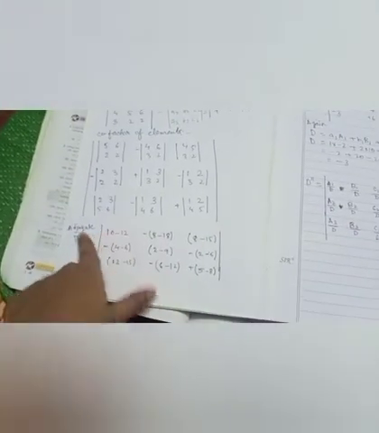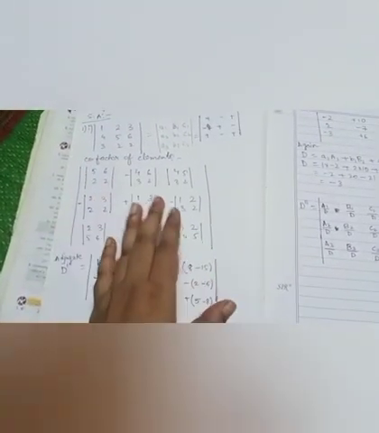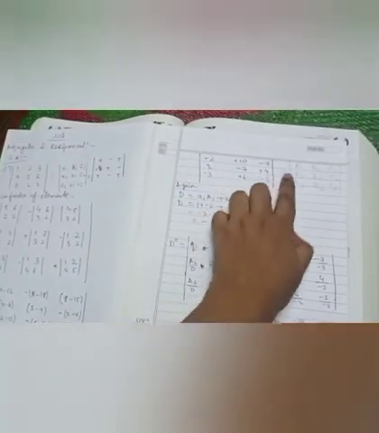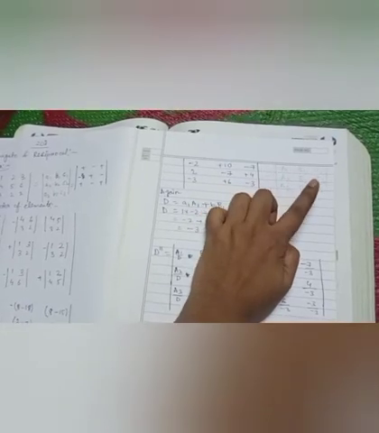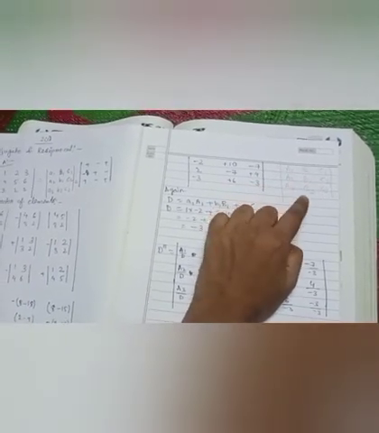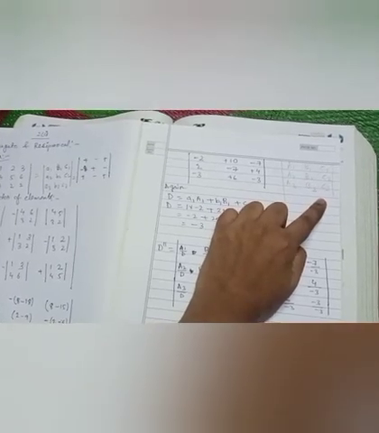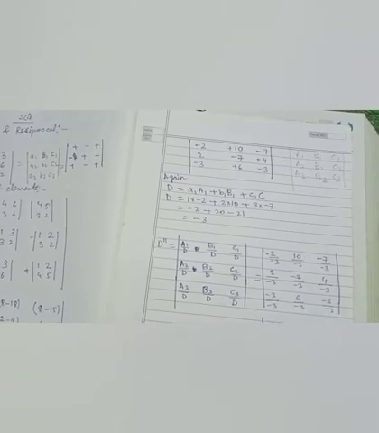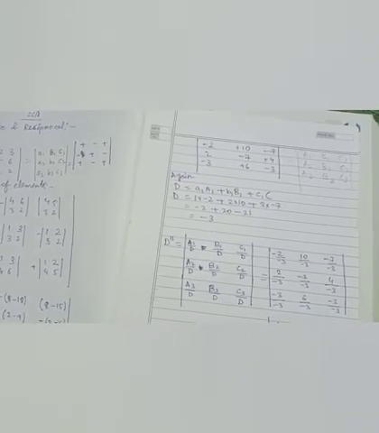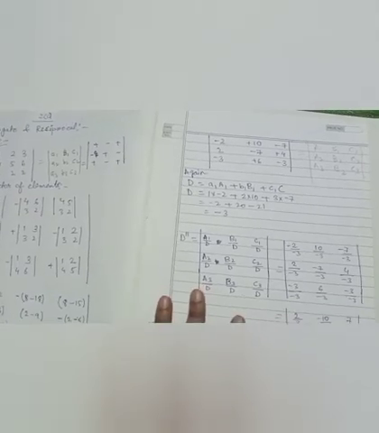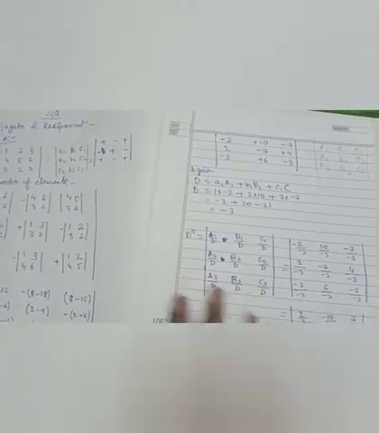Adjugate. This is nothing but adjugate. When you are finding the cofactor of any element, that is known as adjugate. Okay, now see this one. Whenever you are writing adjugate, please write capital A, capital B, capital C, like this: A1 B1 C1, A2 B2 C2, A3 B3 C3. Why am I telling you? Because in the second step I am going to find the reciprocal. For the reciprocal you need this, otherwise maybe you will get confused, but if you understand once, you will not get confused. Okay, so up to here you are understanding how to find adjugate.